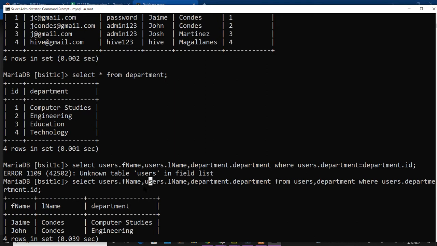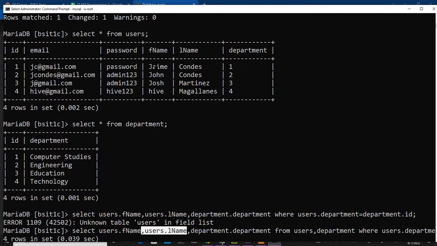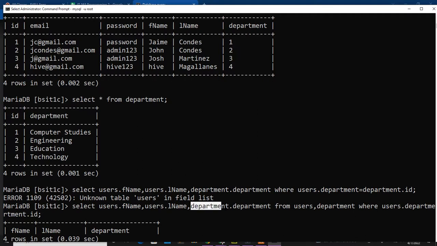And then, there is another column, so you have to separate it with a comma. So, users.lname, which belongs to users. And then, department. So, department is our table name, and then we also have a department column name. Okay? In case you get confused by this. So, it is separate. So, the department table,